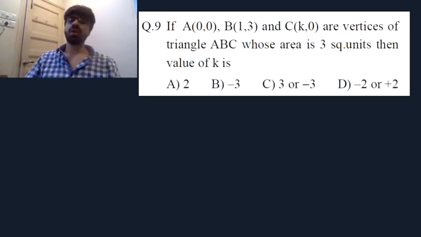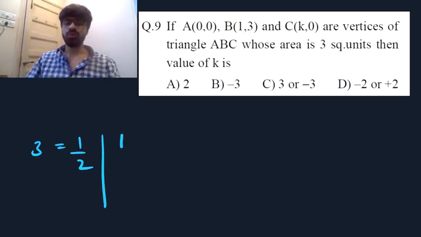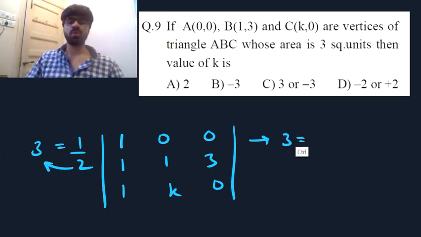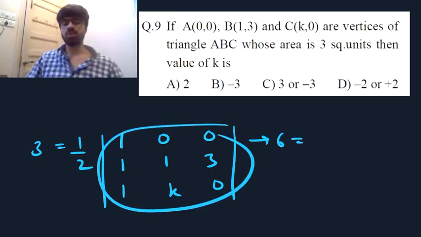For the 9th one, you are given the 3 vertices of a triangle and told that the area of the triangle is 3. So what should be the value for k? We can say that 3, which is the area of the triangle, will be half into the determinant of 1, 0, 0, then 1, 1, 3 and 1, k, 0. If we solve this, take that 2 from the left to the right, so we will have 6 equal to the determinant of this, which will be 1 into